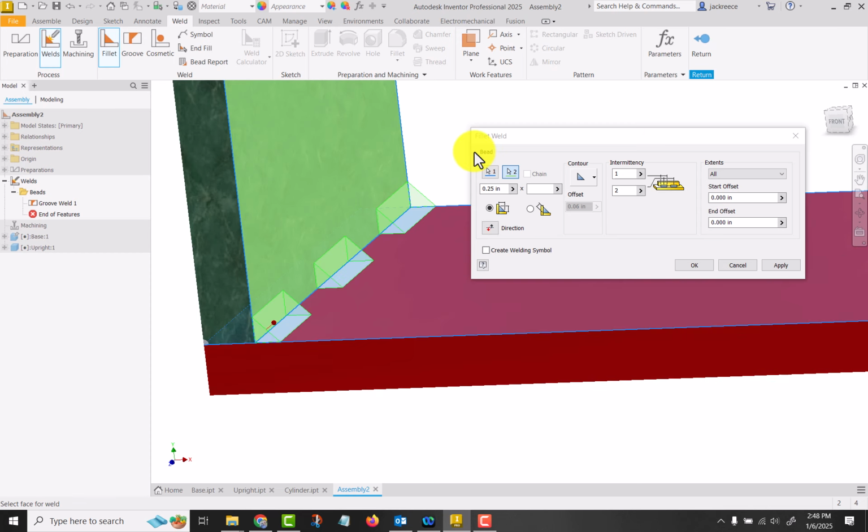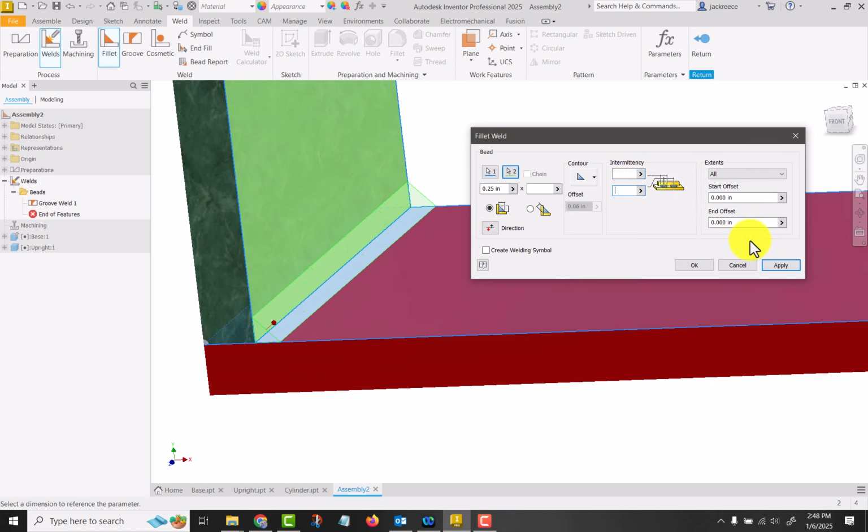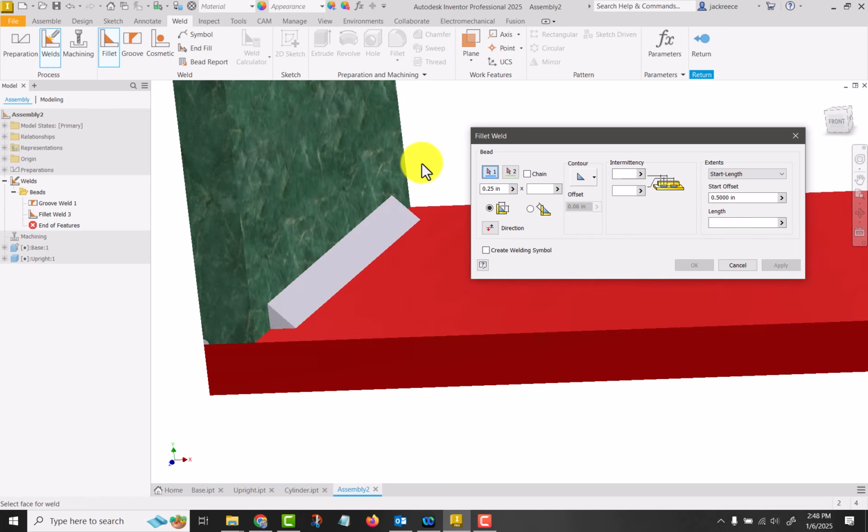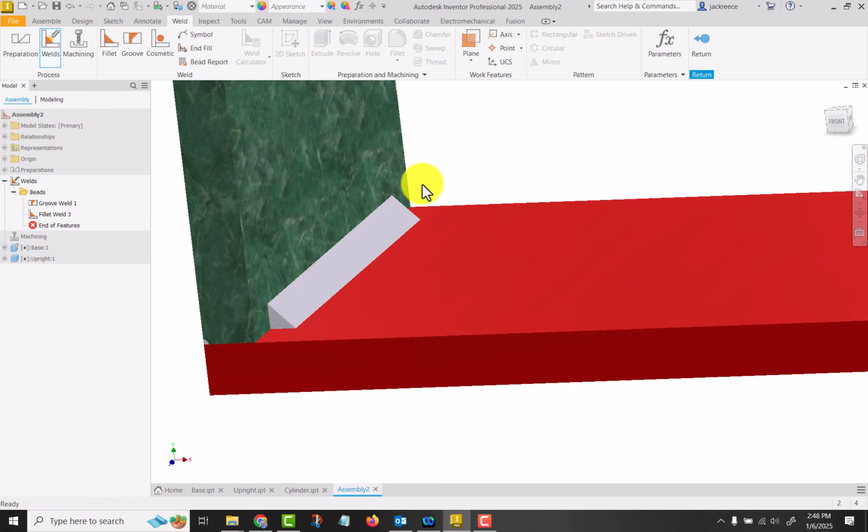Let's say I was going to go a start length, and we do a start offset of 0.5 with a length of 4, and you can see it moves it in a little bit before it, and then it goes for whatever length that we had. Okay, so that